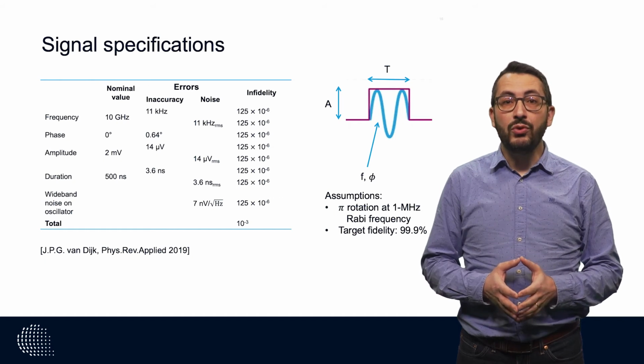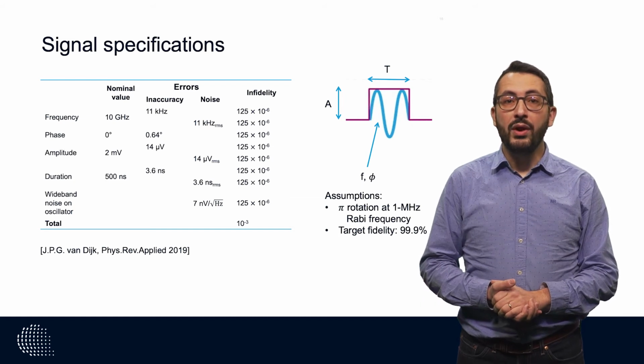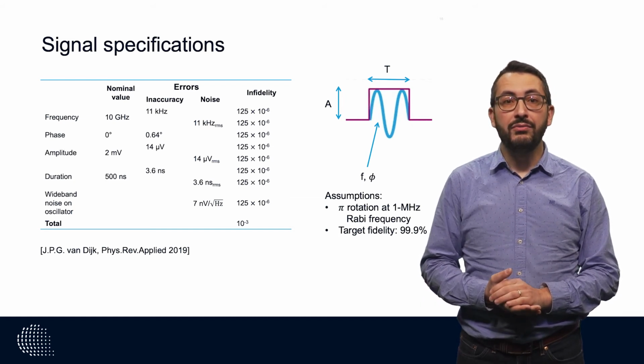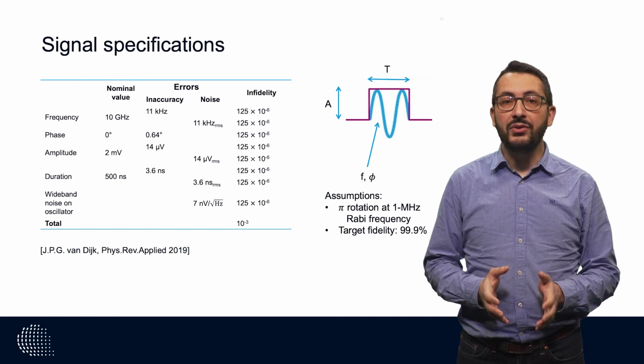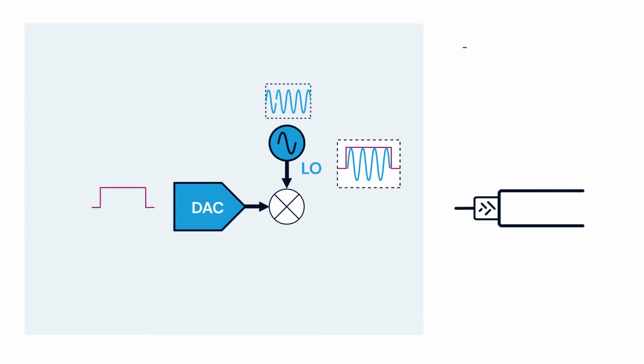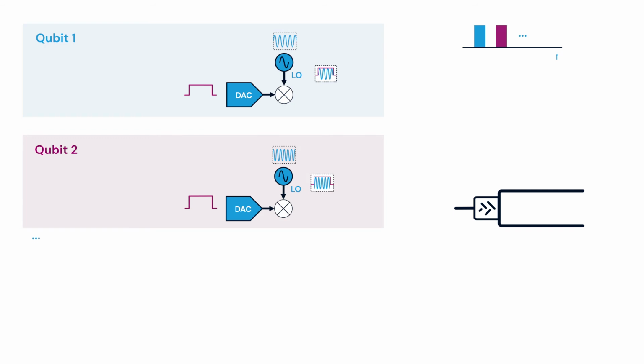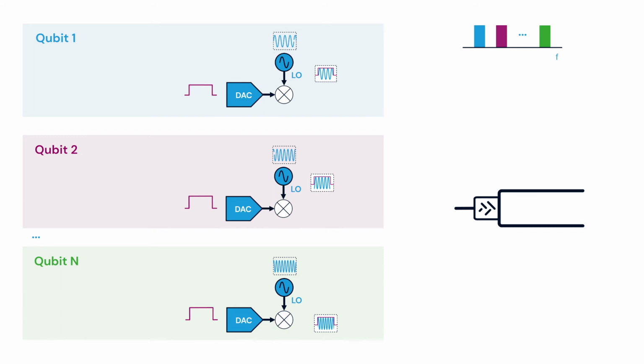We have seen how to drive a single qubit with a microwave signal. We know we have to apply the right amplitude, duration, phase, and frequency. But how to address many qubits? Well, the idea is to take the system that we use for a single qubit and replicate it for 1, 2, n qubits. Tune each of these qubits to a different frequency. Tune the microwave drive for each of these qubits to the frequency of the specific qubit, so that we can sum them all together and send them through the same coaxial cable.